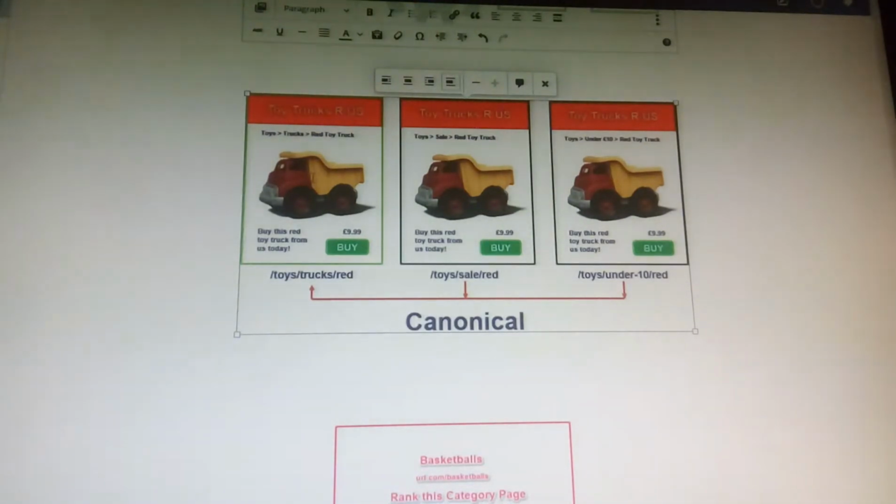So this will positively impact your ability to rank well in the search engines. So it's better to combine multiple pages into one single page if possible, and if it is not possible, please do make use of canonical URL tags.